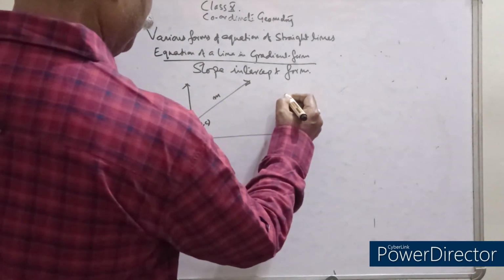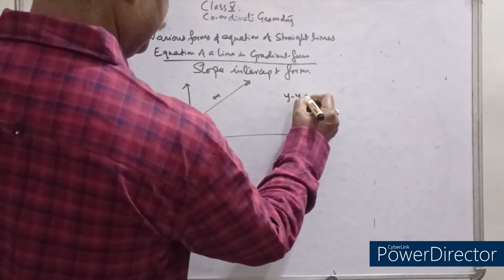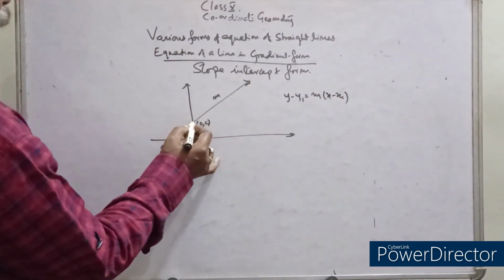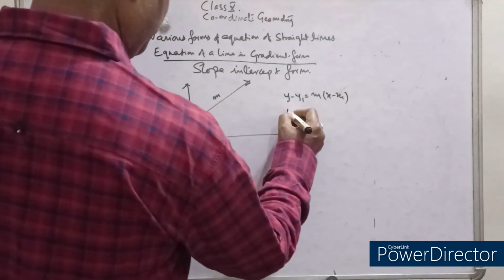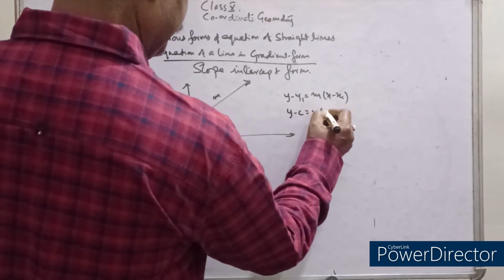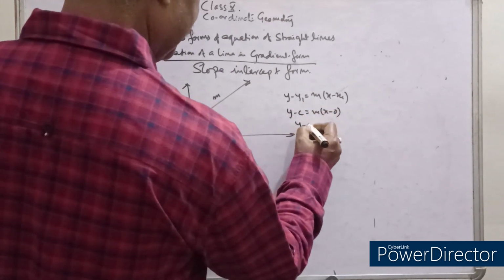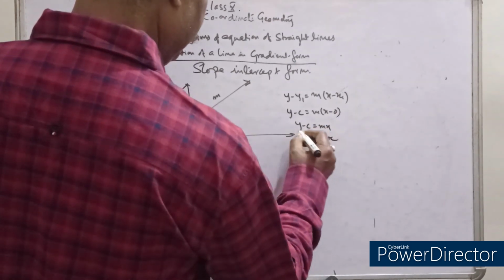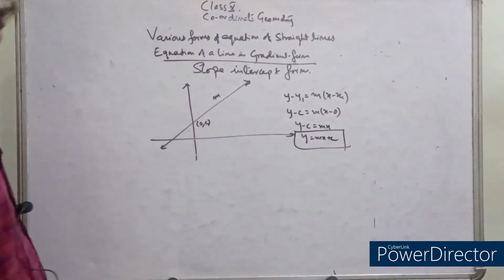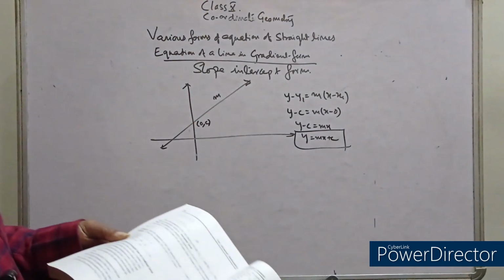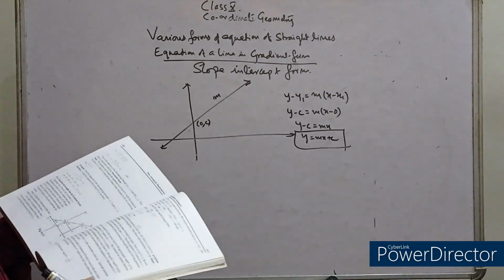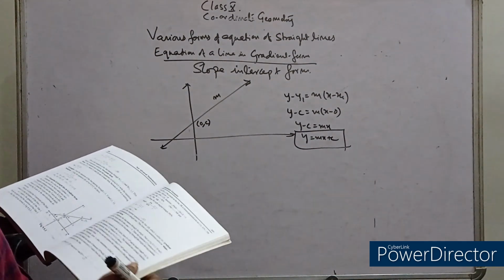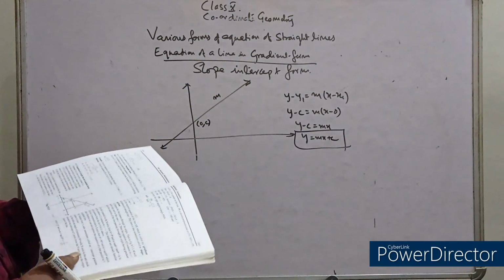So when you apply this point slope form, that is y minus y1 is equal to m times x minus x1, you know this point. So this is y minus c is equal to m times x minus 0. So y minus c is equal to mx, so y is equal to mx plus c. So see, it becomes very easy to derive all the formulas from the first formula, that is point slope form. With the help of point slope form, you can derive all other formulas. This becomes very easy. But in your book,